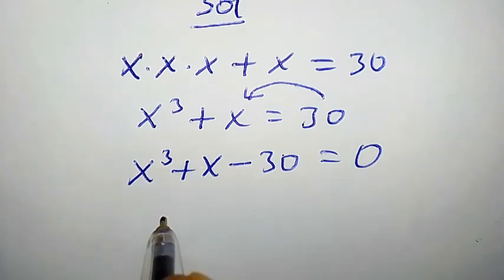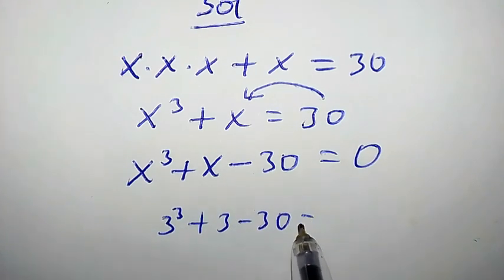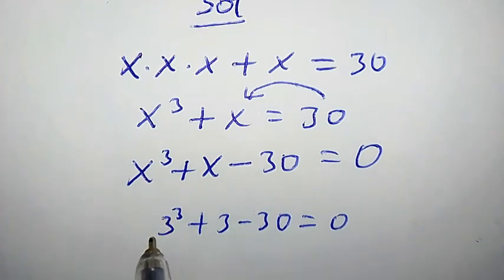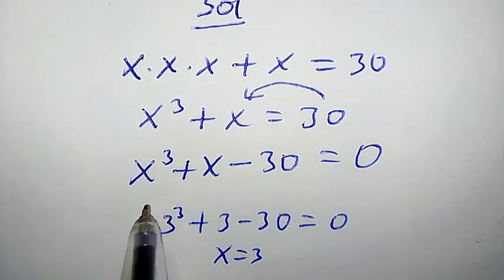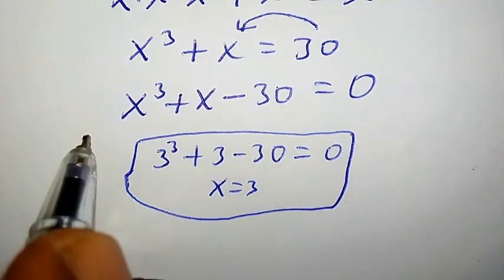That is, we're going to have 3 to the power of 3 plus 3 minus 30 equals 0. 3 to the power of 3 is 27. 27 plus 3, that's 30. 30 minus 30, that is 0. So x equals 3 is a real solution. But this is not the whole solution. Let's proceed further. From here now, we're going to have